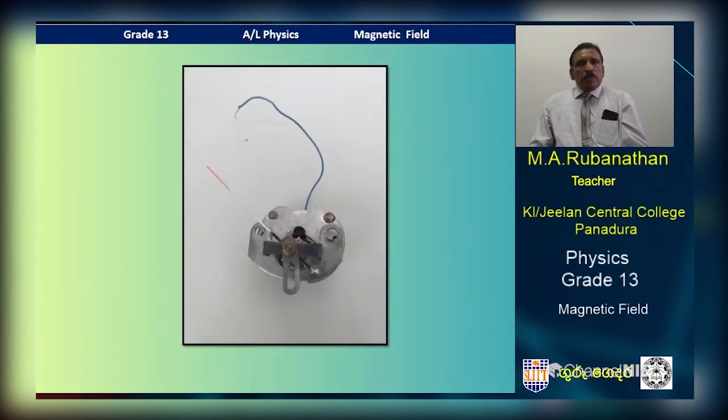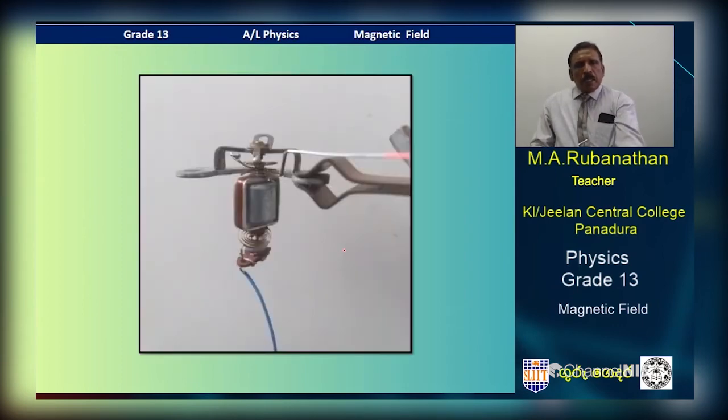Now I am showing you a real part of the galvanometer, because I removed the cover and you can now see the pointer. This is the above view of the galvanometer. Here are the curved magnetic poles, and there's a hairspring also. See that? This is the side view.